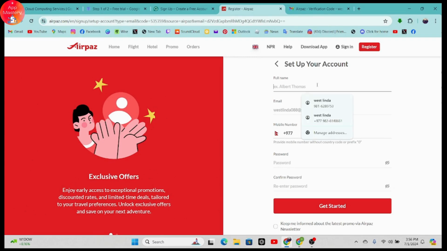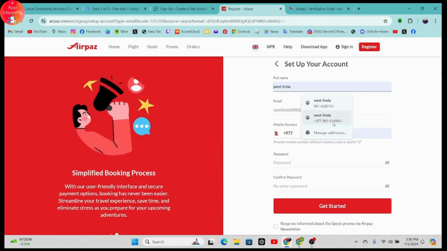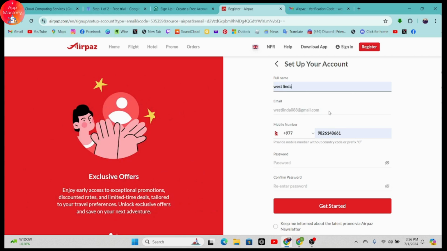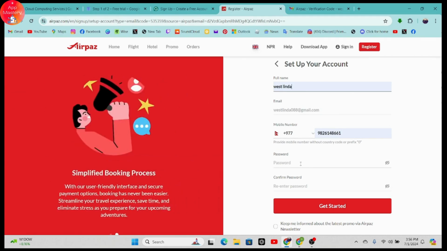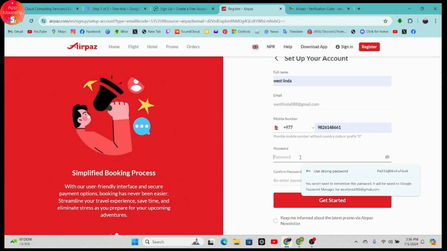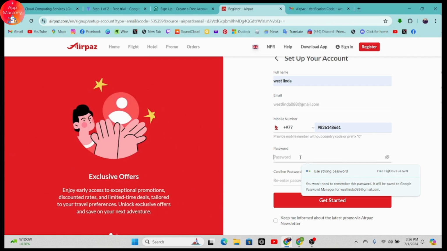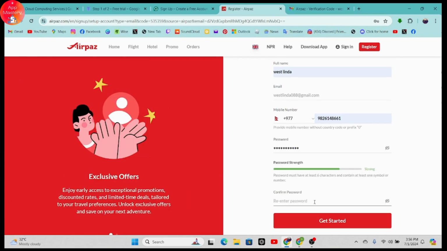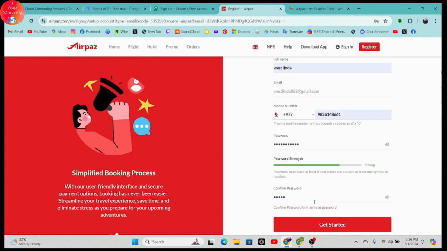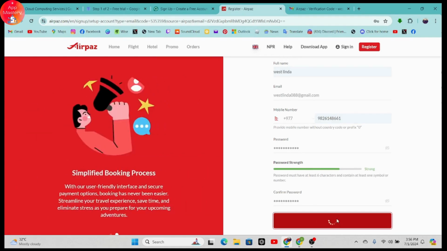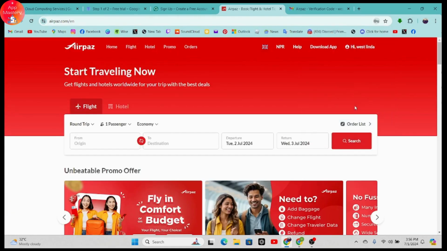And once you verify, now you need to enter your full name, and then the email address, the phone number, and you need to create password. So tap on password, and then you need to create a strong password, and you need to again confirm your password. And once you enter your password, click on get started, and that's it. Your account has been created. So that's how you can create your